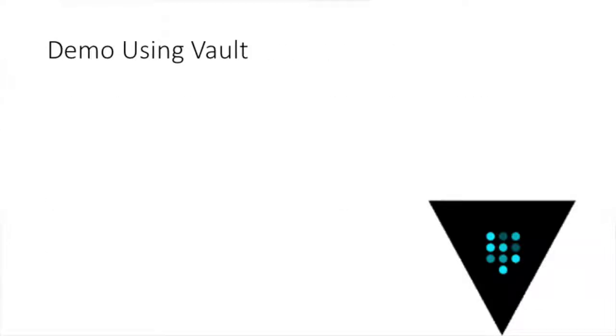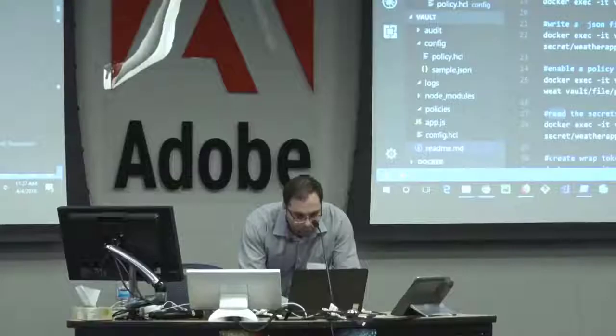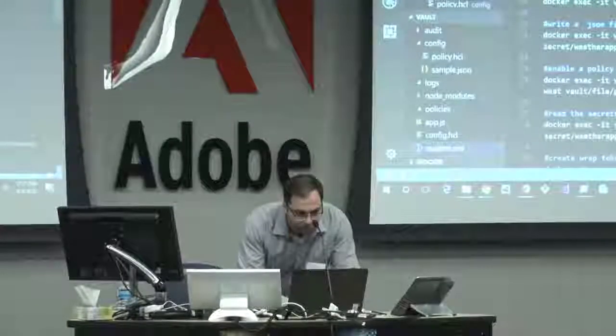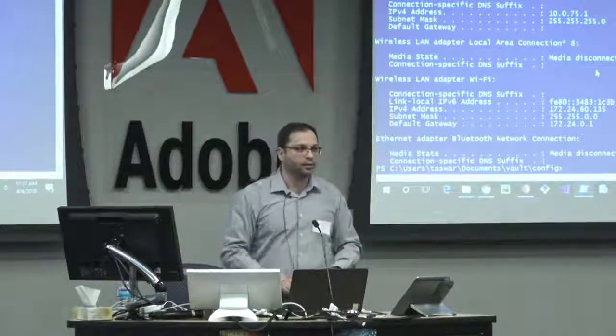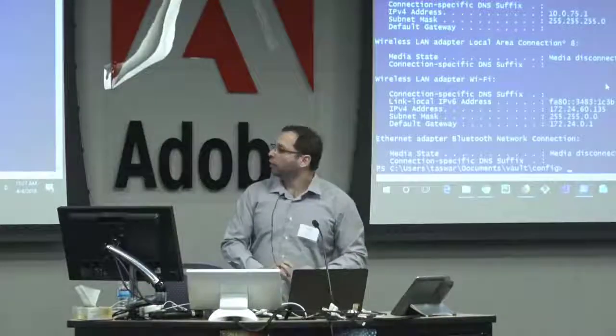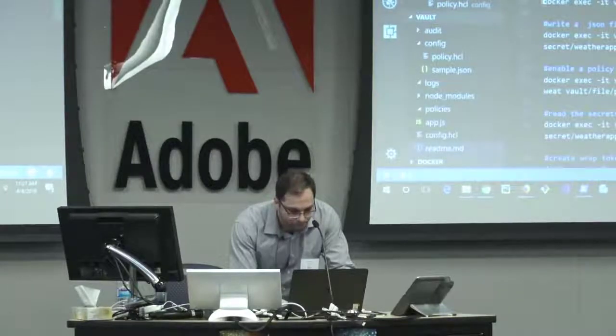So a little bit of a demo using Vault. I actually have Vault running in my Docker container right now, because that's probably the easiest way to get it up and running. So here, I'm executing Vault as a command line. It's running on port 8200, and I'm saying, okay, write me the value of hello, where the path is secret/hello, and it says that the data is written successfully. So if I want to read it,